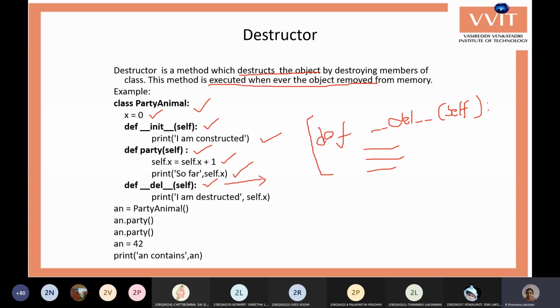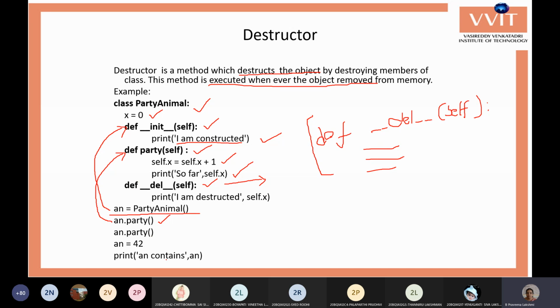We'll see how this will be executed. First we are creating the object: an equals PartyAnimal. Whenever the object is created, it has to call the constructor. So it goes to the constructor and executes it, and you get the output "I am constructed". Next, the party function is invoked, so it calls the party function and executes it.